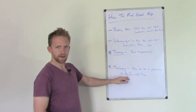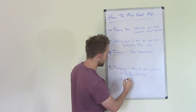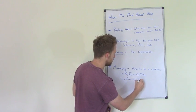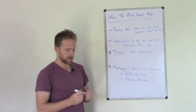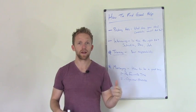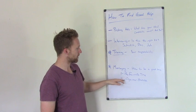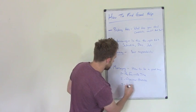If we can do that, that's step one. Step two is we want to be organized and we want it to be predictable. What that means is you're not calling your painters up the day before and saying, hey, you got to work tomorrow. They know what to expect. It's a predictable job. So we want to pay them fair, pay them on time, be organized, predictable, and then we want to treat them well